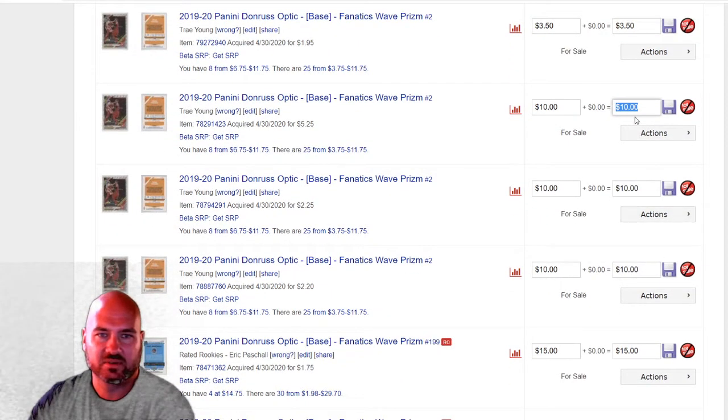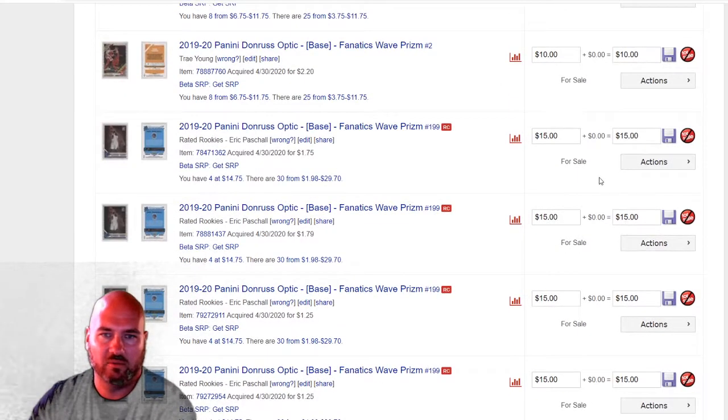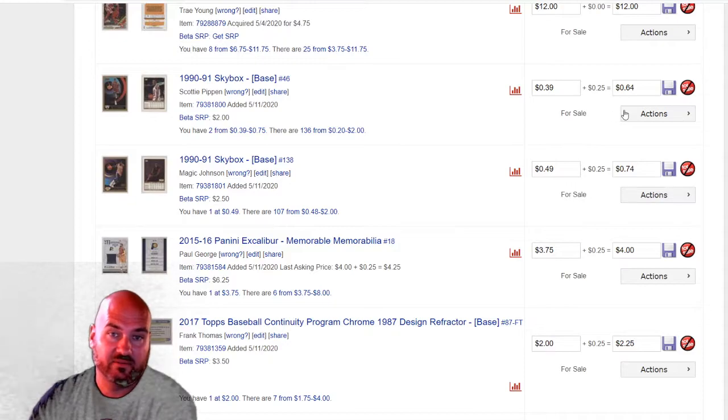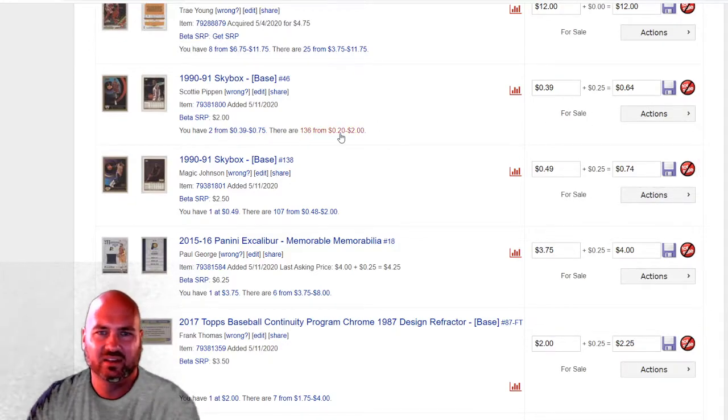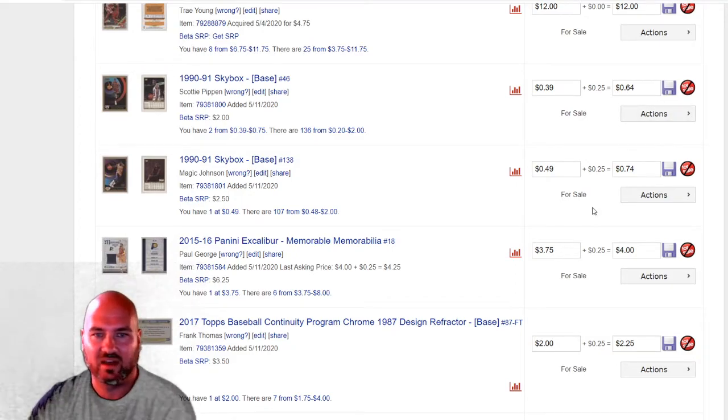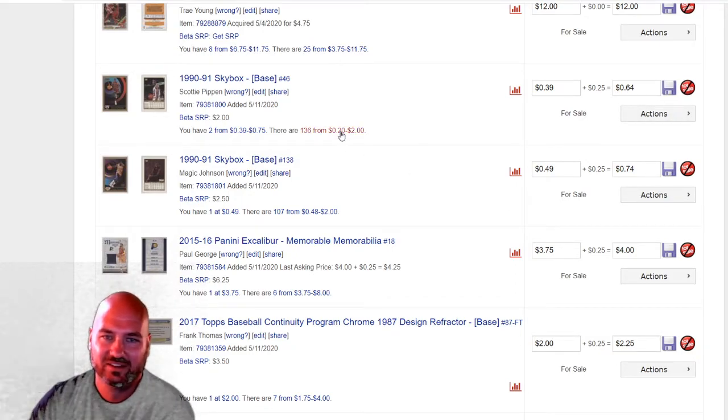And so I'll probably get some really lowball offers. People will offer me 50% of what I've listed it at. In some cases, that's probably fine. In others, I probably want to hold out and get closer to what I'm asking. But you can see some of these are drastically off. If somebody else is asking $2 for this card and I'm asking 15, it's never going to sell. So I've got to be realistic too with some of these. If the goal in fact is to move it, somebody's asking 20 cents for a $2 card and I'm asking 64, I'm never going to sell that, and I'm never going to take 20 cents either,